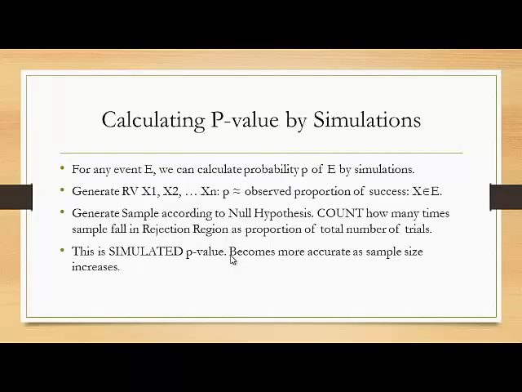So basically the p-value method is the following. Given any event E, you can always calculate its probability by simulations. Basically what you do is you generate the same process several times, and every time you look at the process to see if the event E occurred or not. If it occurred, then you record a success, 1. If it didn't occur, you record a failure, 0. And you look at a large number of trials, and then you look at the proportion of observed successes, and that should be equal to the probability of the event E